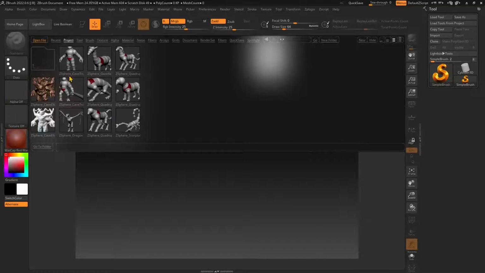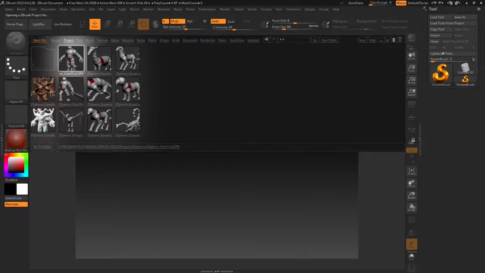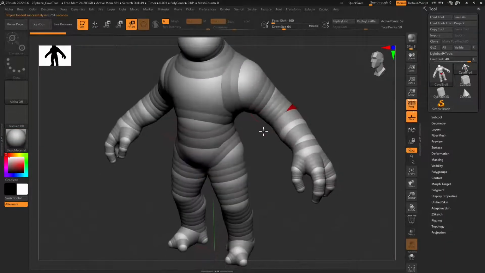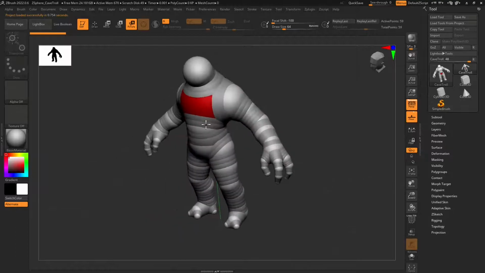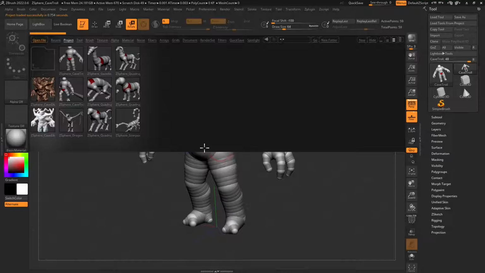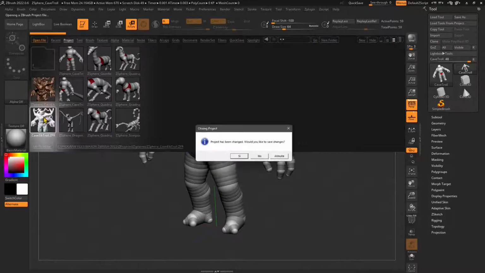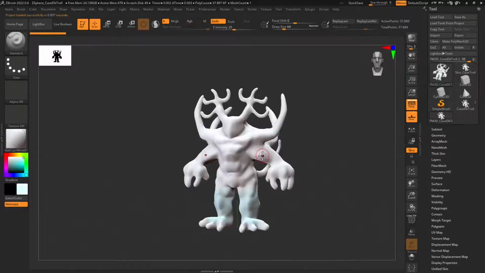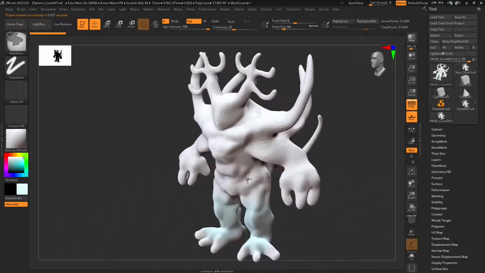In the previous video, we saw how we can work with Z-spheres and also Z-sketch, and how we can work in a combination with those two tools or also with one or the other. So we started from a simple Z-sphere template that we can find in the Lightbox in ZBrush, and then we proceed by creating with the Z-sketch the rough shape of our character design or whatever subject, and we define kind